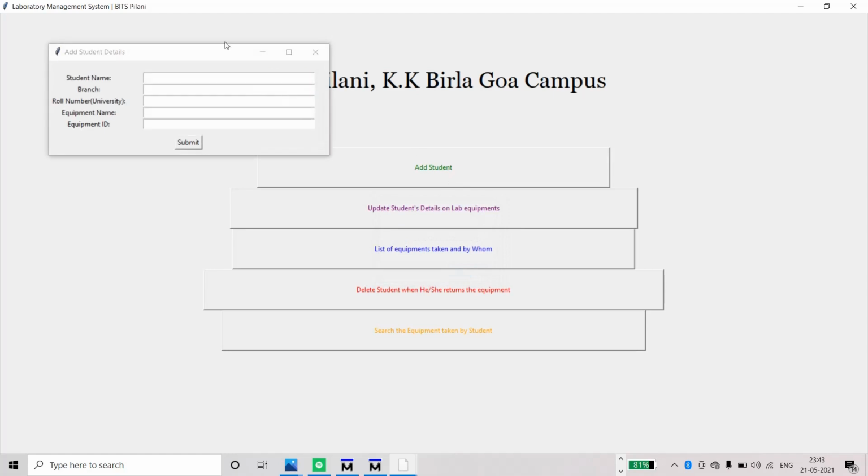I'll give two more. Swapnil, phone number, branch, equipment, let's say Raspberry Pi, and equipment ID.